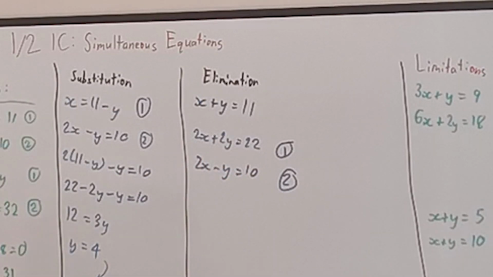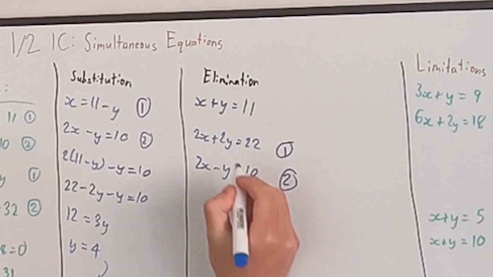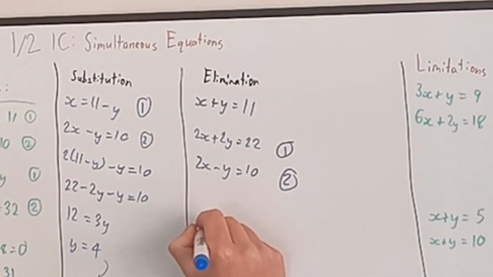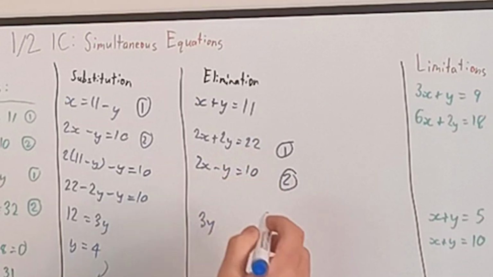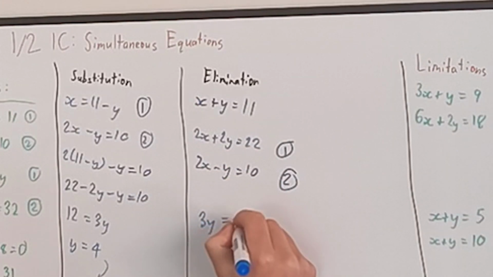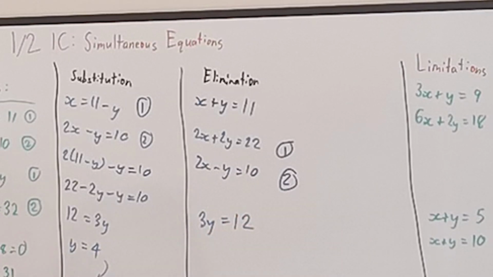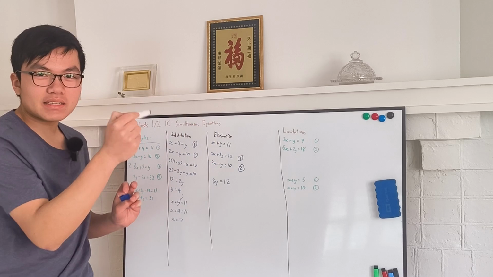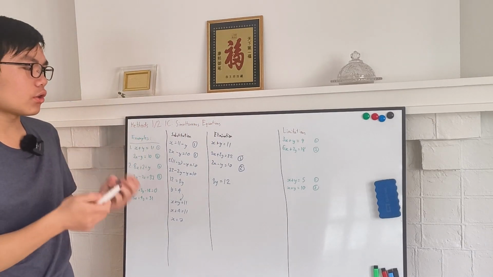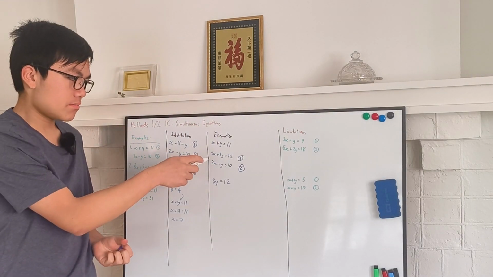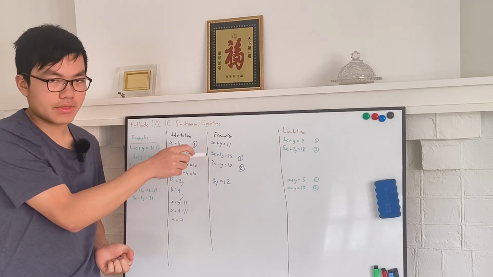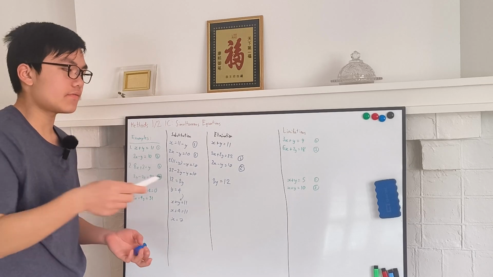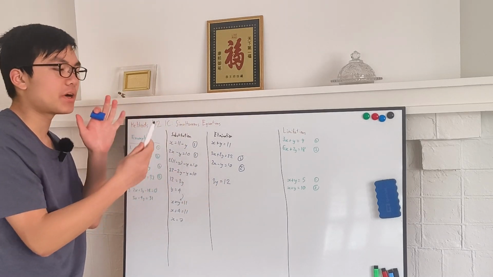2x minus 2x just eliminates each other. So 2y minus y becomes 3y, and then 22 minus 10 equals 12. So you can see we've basically eliminated one of the unknown variables, because they're the same exact thing, like 2x and 2x. We can just cross them out, and the remaining parts of both equations will